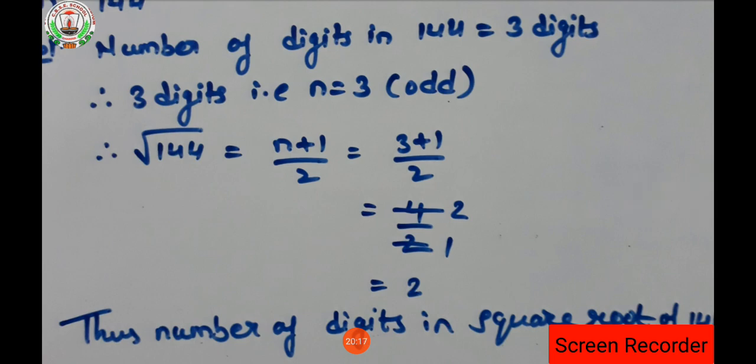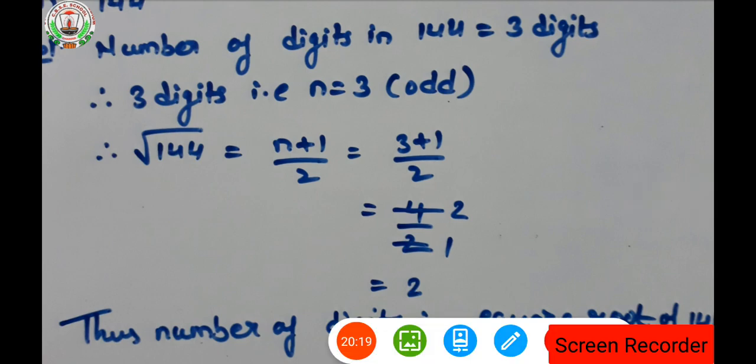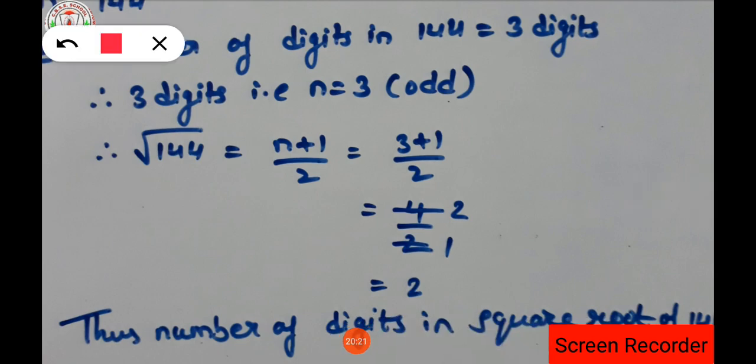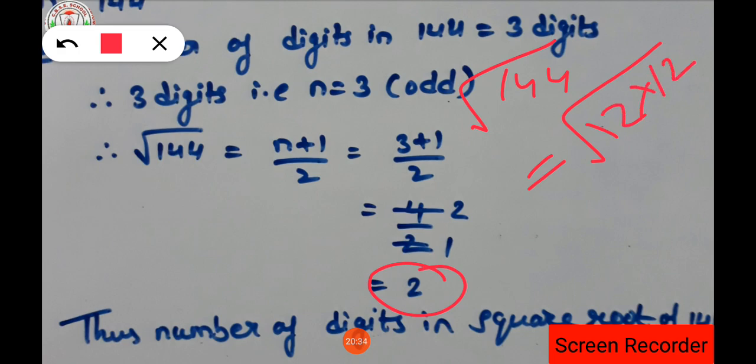Suppose we are finding the number in the form of factors, I am proving how it will be a 2-digit number. We are having the number 144, isn't it? If we find its square root, we can find 12 into 12, isn't it? Two pairs are there, 12 will come outside, isn't it? You have to factorize this number. Actually what you have to do, you have to factorize this number by taking any method.